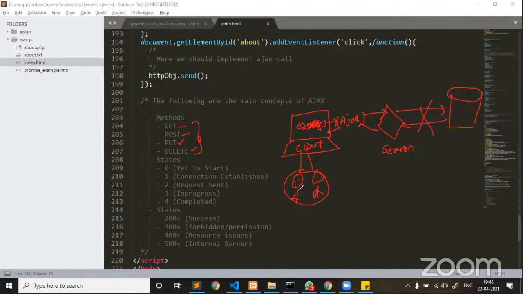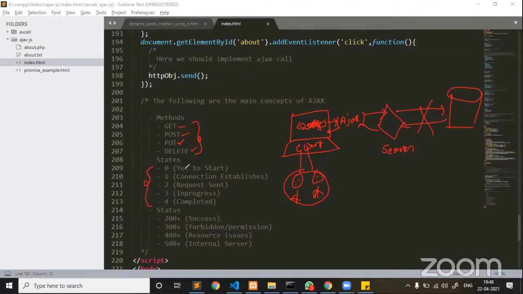Sometimes what happens is we are sending a request from the client side to a server. Anything can happen when you are sending a request, because it is a request. The request can be successful or it can have failure scenarios as well. Now, how are we going to identify that? That is where these different states come in, my dear friends.